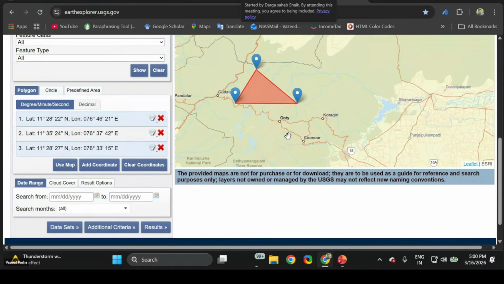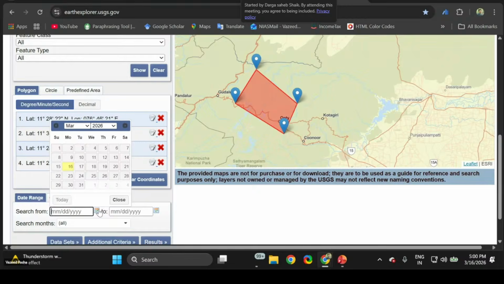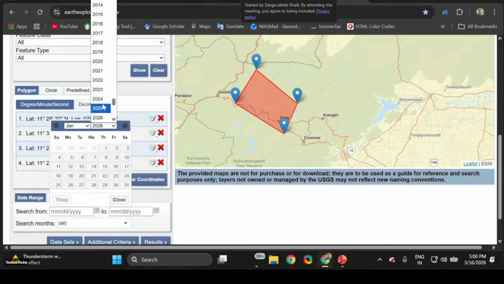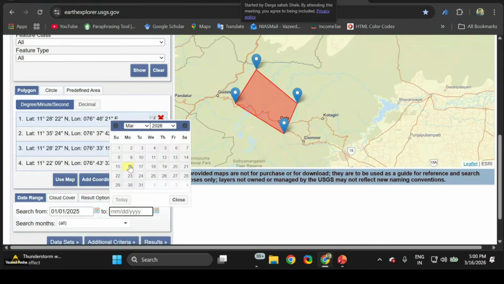So like this, four corners you take it and then select the dates. So you go with the search from which date to which date. So you need to go with January 2025 first to current date, means today's date.